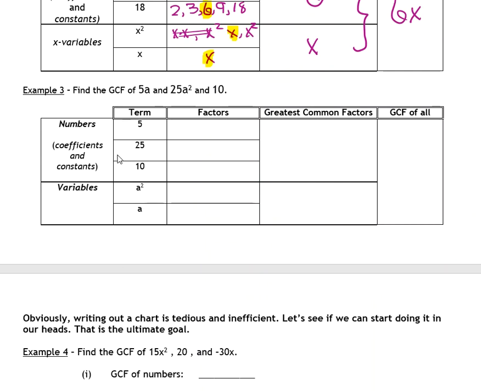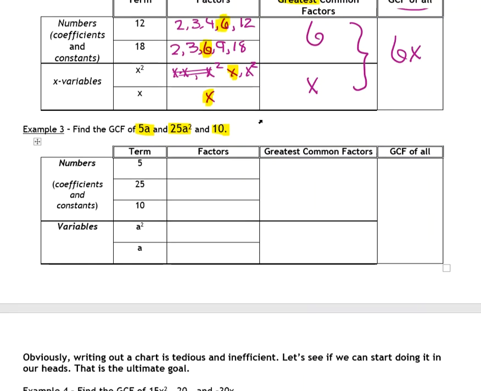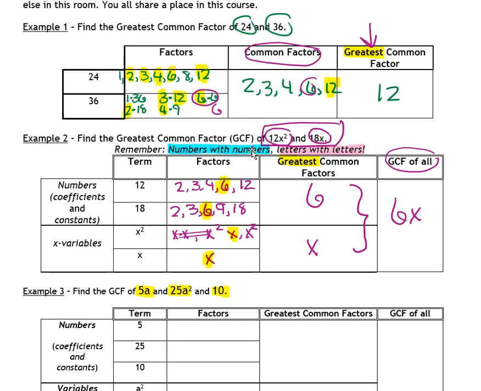Find the greatest common factor of 5a, 25a squared, and 10. We've got 3 terms this time. Remember what I have up above here, which is that in blue highlight, numbers with numbers. So I've got to highlight the numbers. I'm going to do the numbers first, find their greatest common factor, and then I'll find the greatest common factor